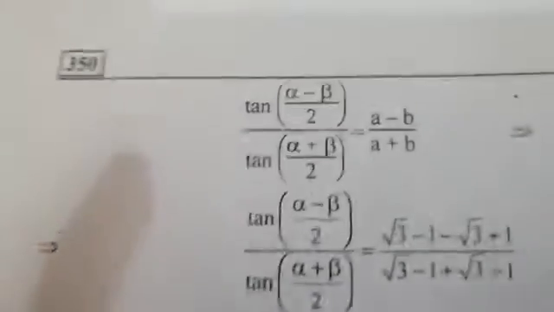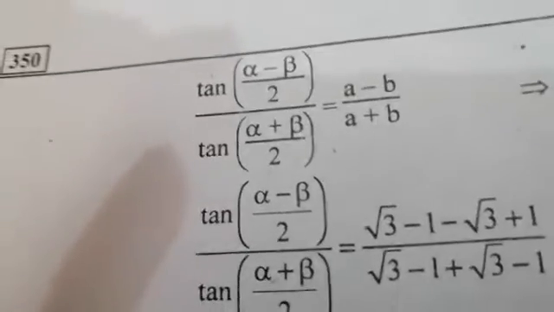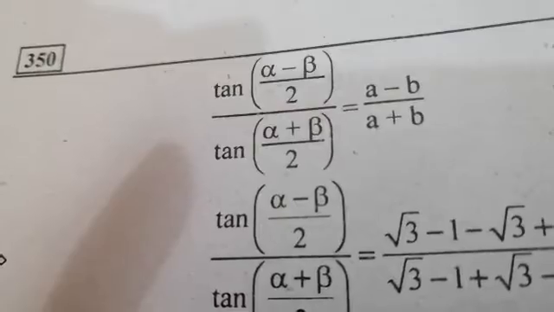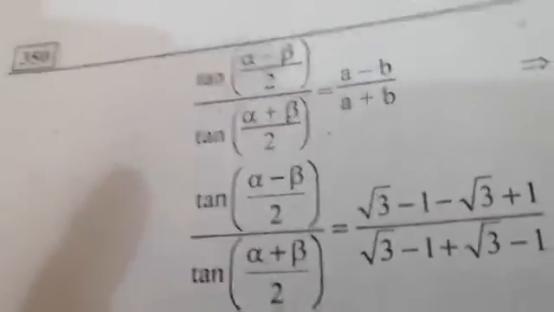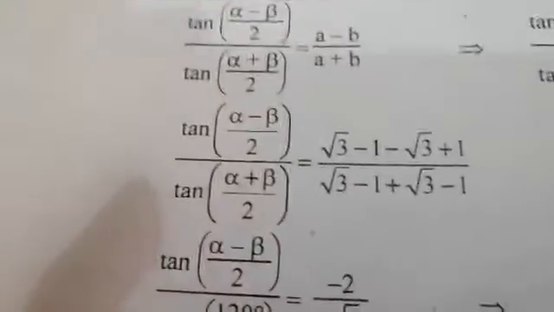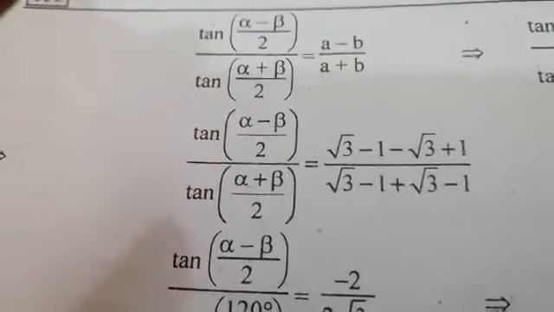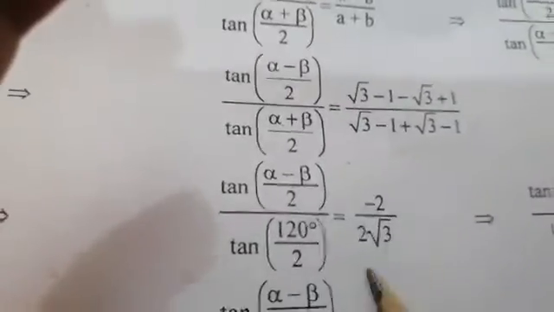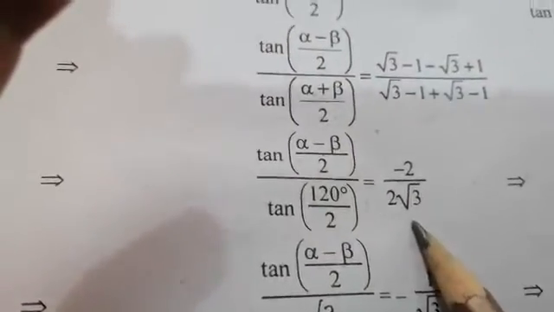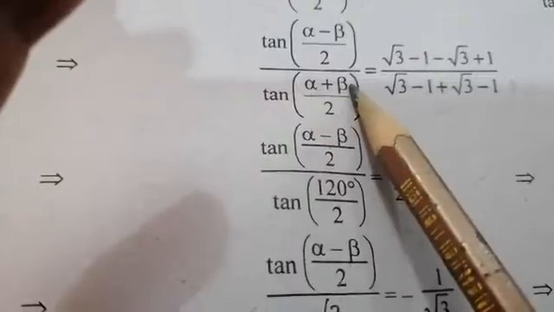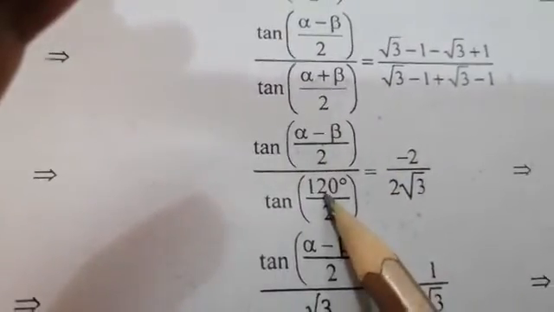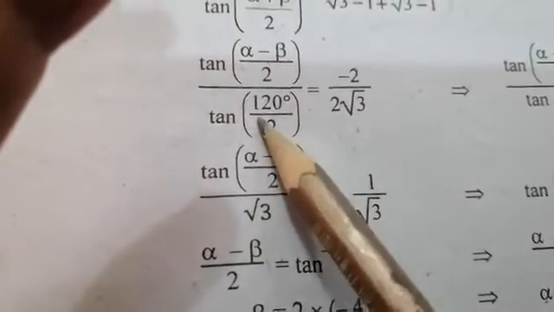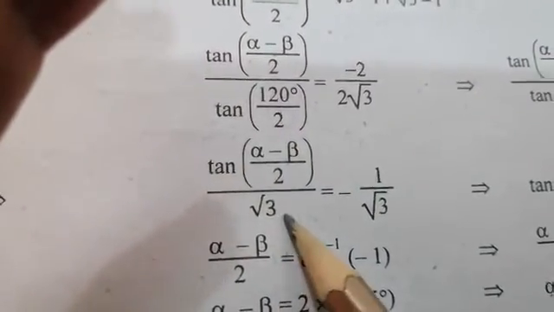Now using the law of tangents, as we know, tangent of alpha minus beta by 2 over tangent of alpha plus beta by 2 is equal to a minus b over a plus b. We have information of side a and side b, so we write it on the right hand side. After simplifying, we get this. We also have alpha plus beta equal to 120 degrees. So 120 degrees divided by 2 is 60 degrees, and tan 60 is equal to root 3.